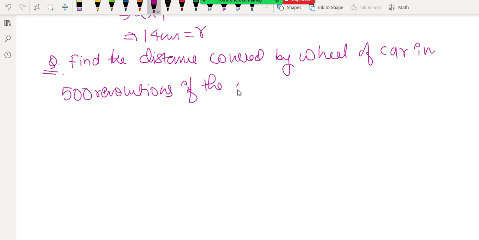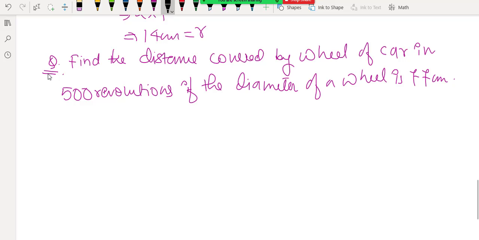Okay, I will solve this question. Just listen to it carefully. It is given that find the distance covered by the wheel of a car in 500 revolutions. ठीक है। रिवोल्यूशन का मतलब क्या है? What is the meaning of a revolution? First of all we will understand what is the meaning of revolution. ठीक है, ध्यान से देखिएगा।